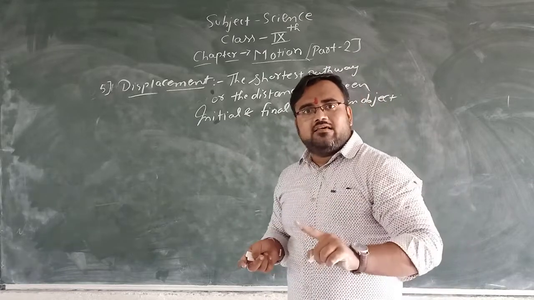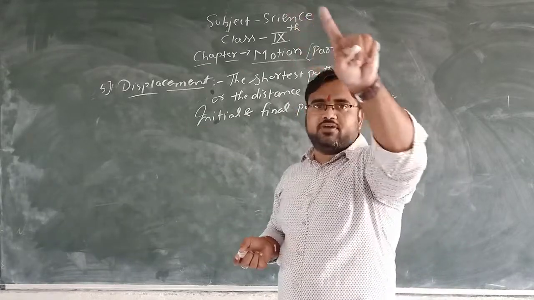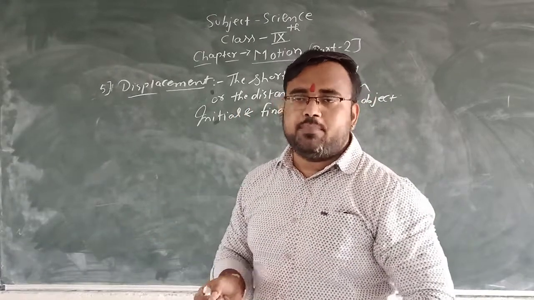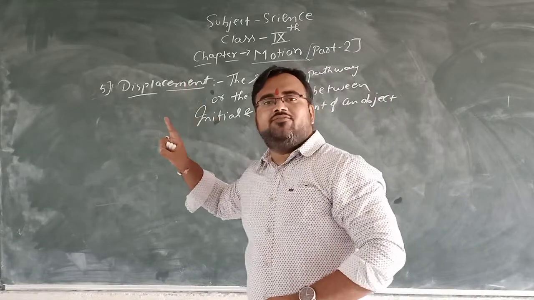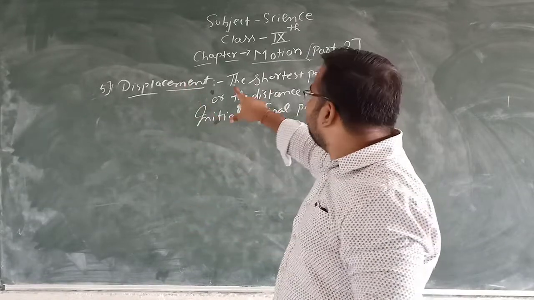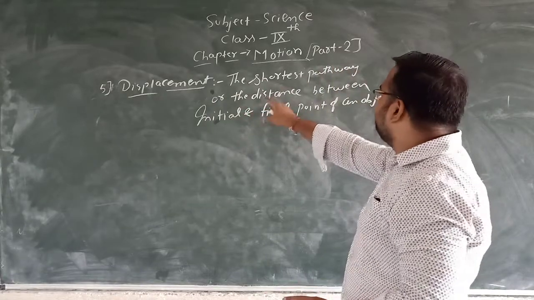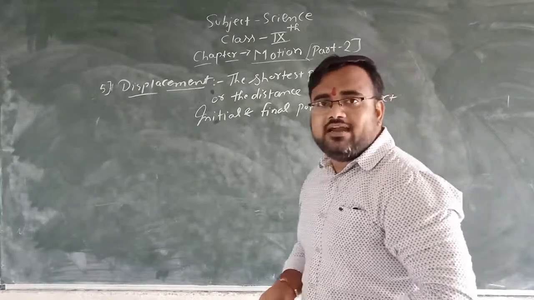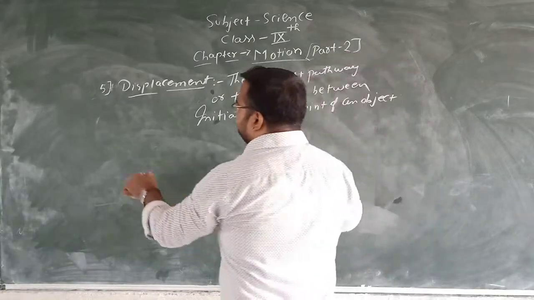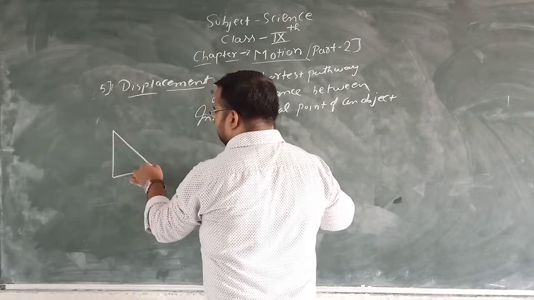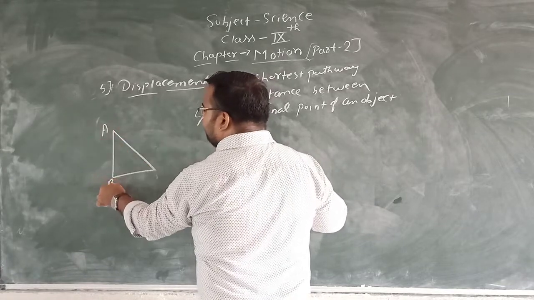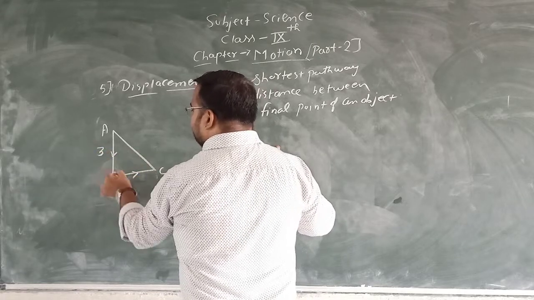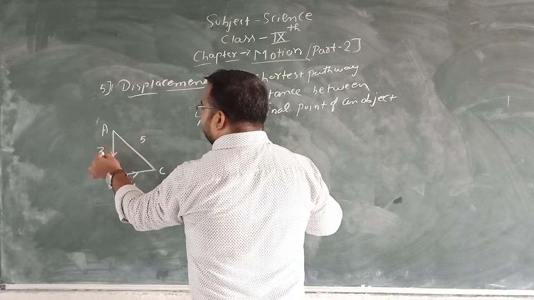In distance we have to calculate the full pathway, the total pathway around which the object has traveled. But displacement is a little bit different from the distance. Displacement is the shortest pathway or the distance between the initial point and the final point of the object. Let us understand by an example. A, B, C. For example, 3, 4, 5. 3 meters